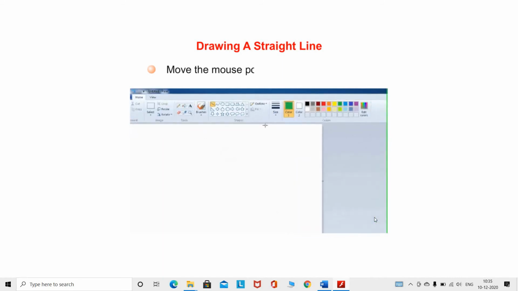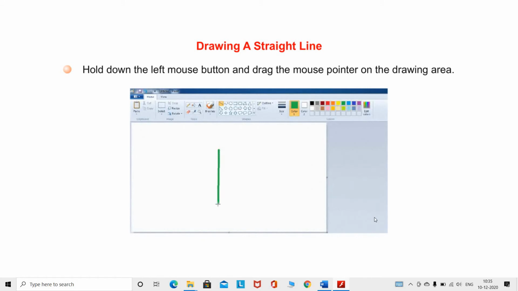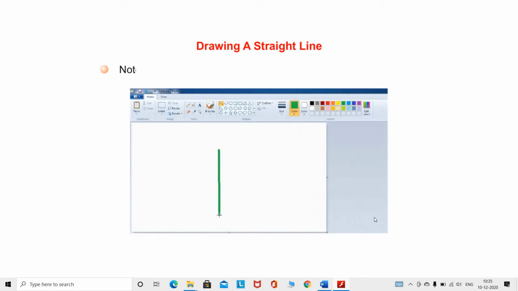Move the mouse pointer to the drawing area. Hold down the left mouse button and drag the mouse pointer on the drawing area. Note that a line is drawn on the screen while dragging the mouse. Release the mouse button when you want to end the line.